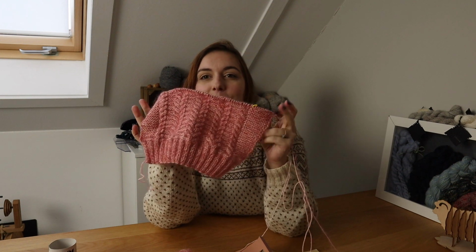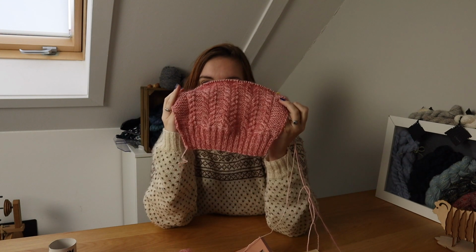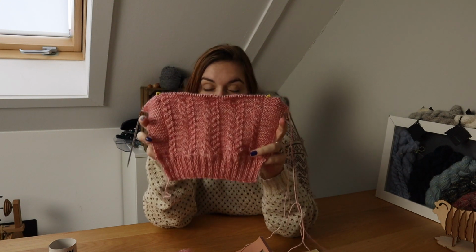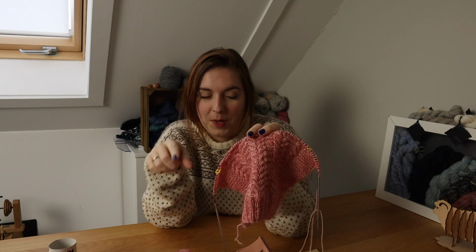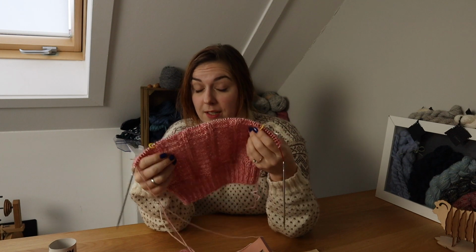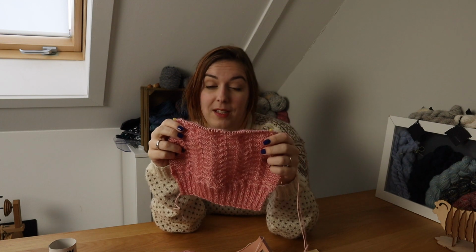knitting, and then came the struggle, because I was in doubt which size to knit, and then I knit this and I measured gauge, and I am spot on with the gauge in the pattern. But you always have to measure your gauge after blocking or washing or steaming your swatch, because it always grows. Wool always grows in wearing it and washing it and stuff like that. So I know my gauge won't be spot on anymore once I'm going to wear this and wash it and stuff like that. So